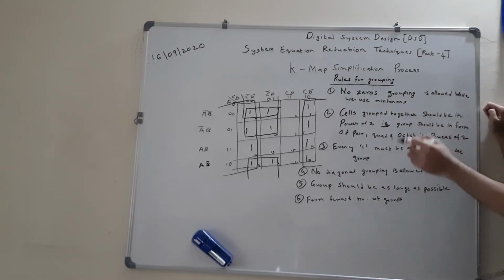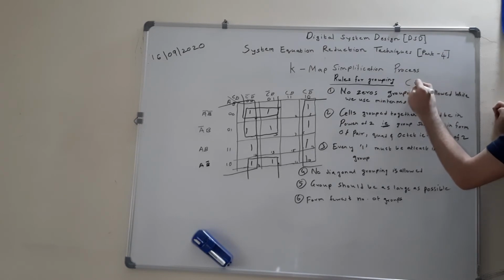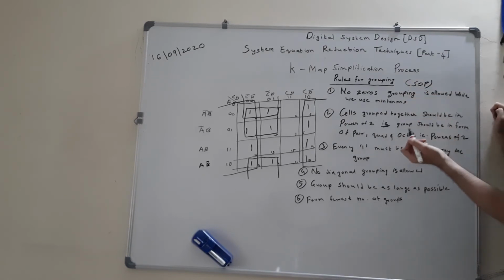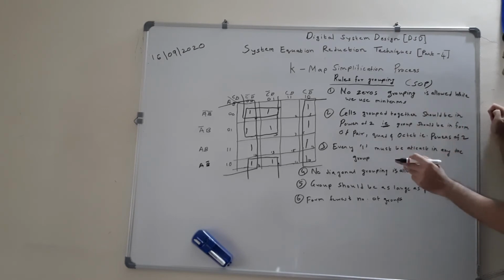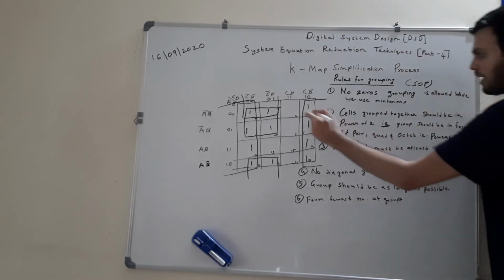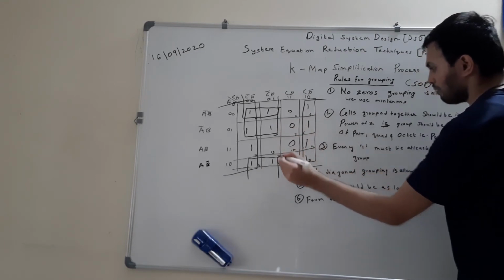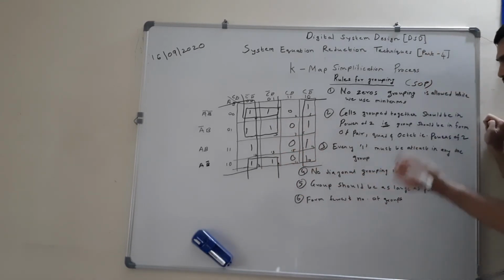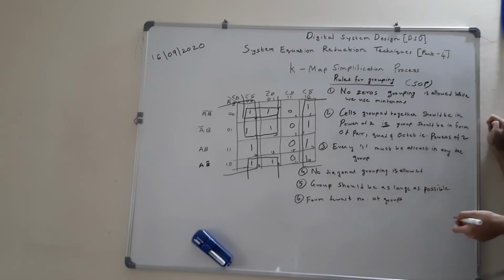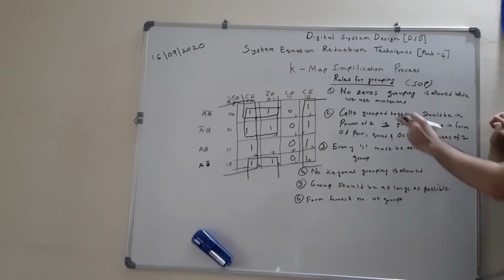Okay. So firstly, when you are grouping equations or when we are dealing with expressions in a standard SOP form, or when we are grouping min terms together, zeros should not be grouped. So if there are zeros present over here, then zeros cannot be grouped with a 1. Only ones, and that too ones present only in adjacent cells, can be grouped together in the form of a pair, quad or octet. So this is a very important point. So zeros should not be grouped when we are dealing with min terms.